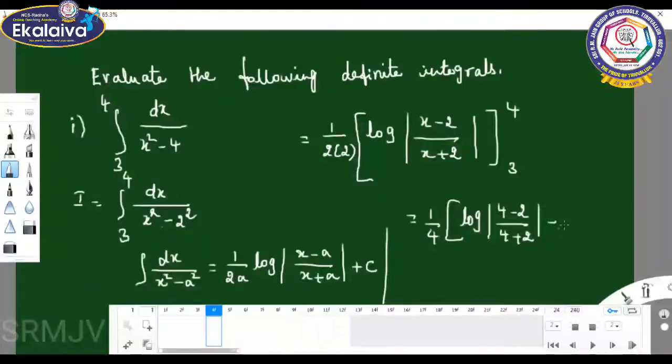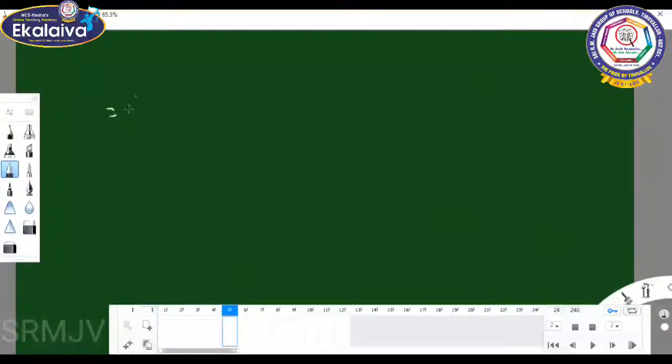Lower limit is log of 3 minus 2 by 3 plus 2. So 1 by 4 into